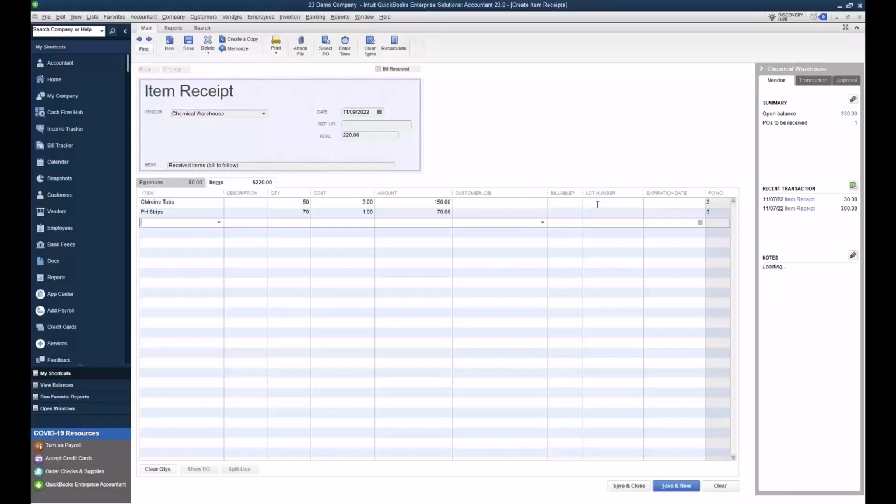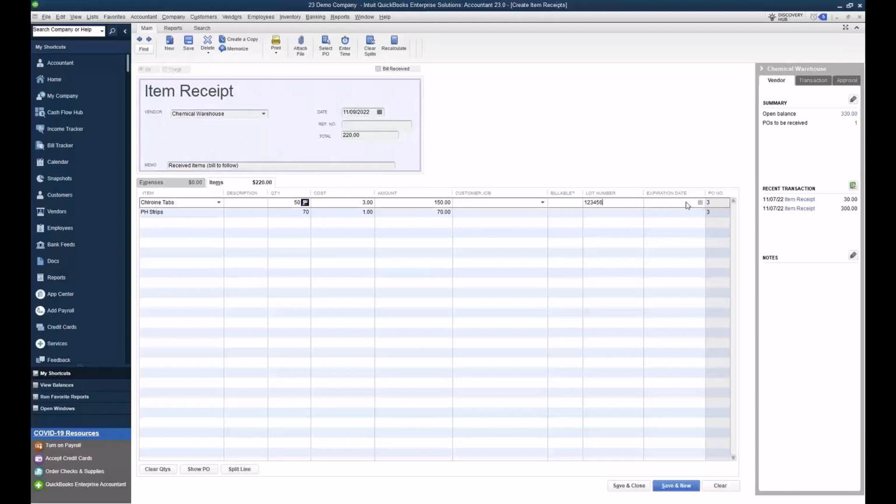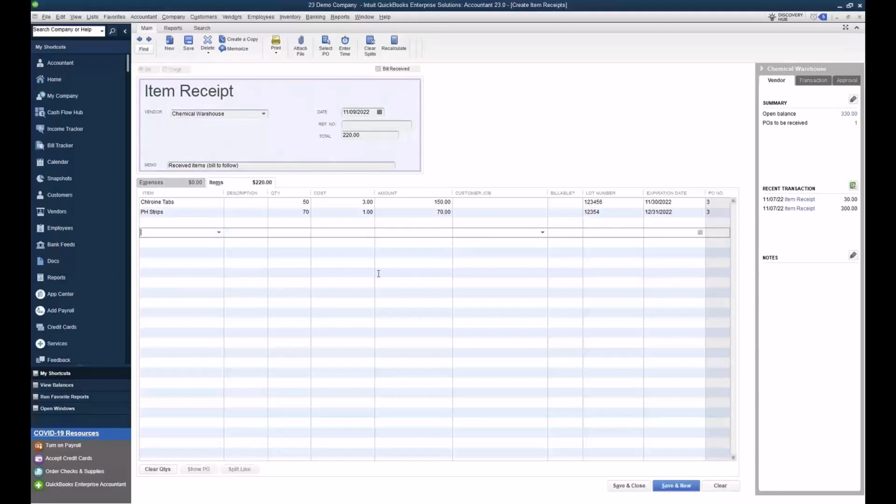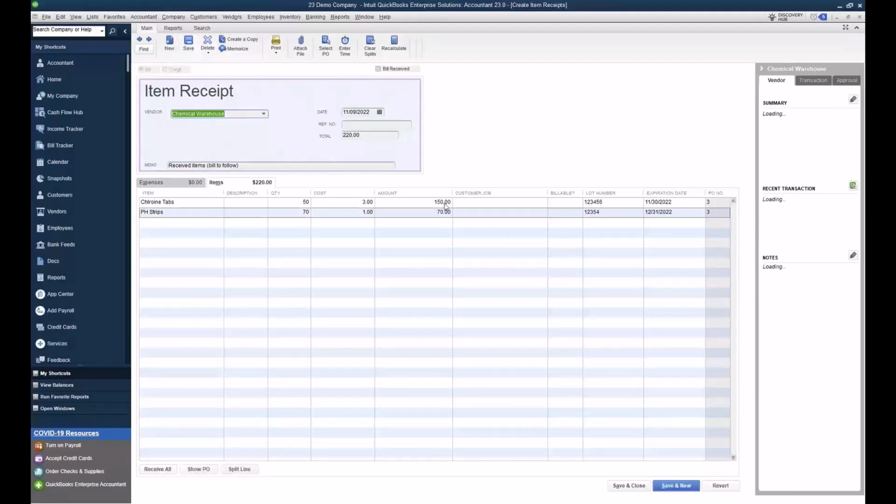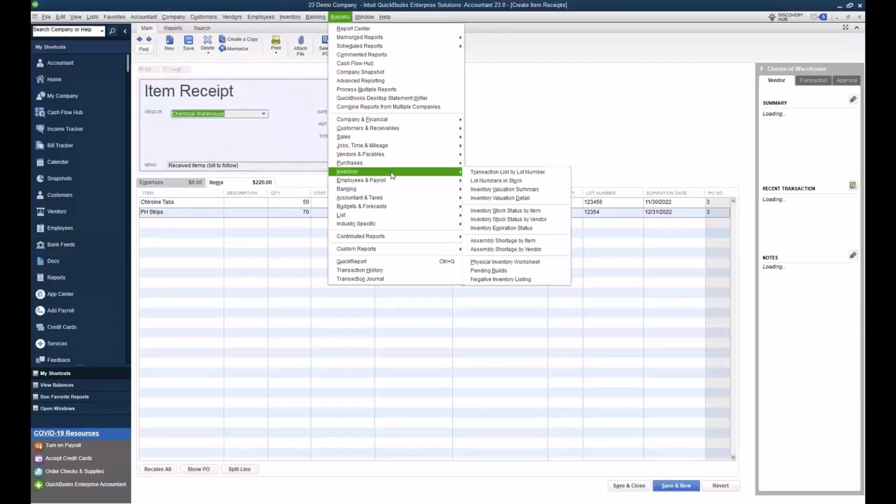So in our QuickBooks file, we will have to put in the lot number and our expiration dates in the file itself. Okay, so we have our lot number, we have our expiration date that we're going to go ahead and put in, let's make this one the end of the year. Okay, so now we have our items in our inventory. Good thing about this